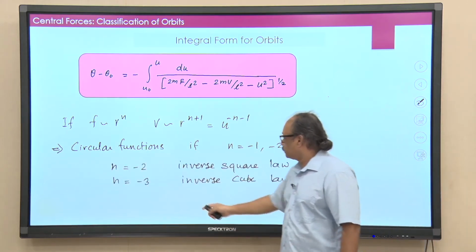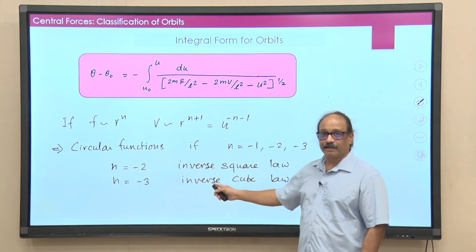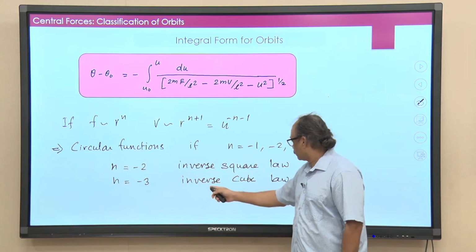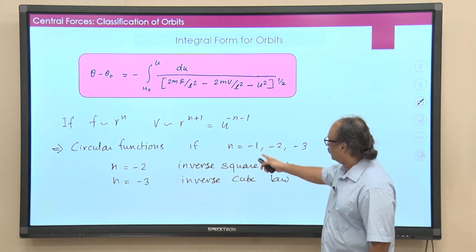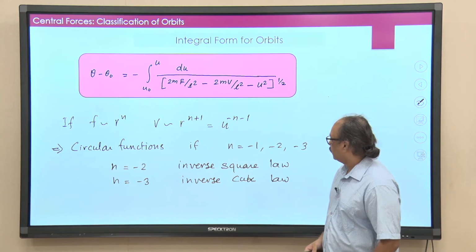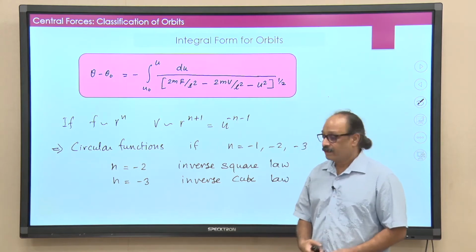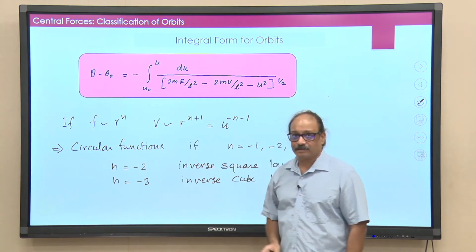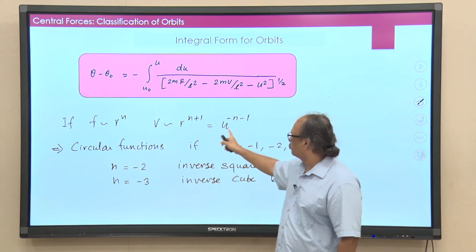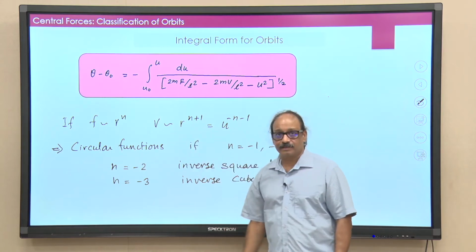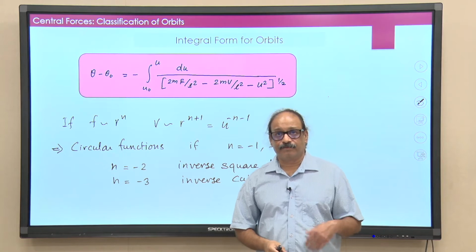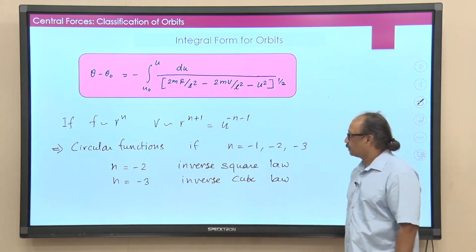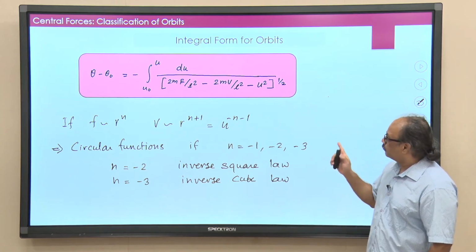And if I have n is equal to minus 2, we immediately recognize this. This is nothing but inverse square law. If n is equal to minus 3, that is inverse cube law. N is equal to minus 1 is a difficult one. Okay, when you have minus 1, potential actually is constant. I mean, this formula of course will not work. Then the potential becomes constant, and when the potential is constant, the force is 0. And that of course will not give you this force law there. Okay. There is one more possibility there.